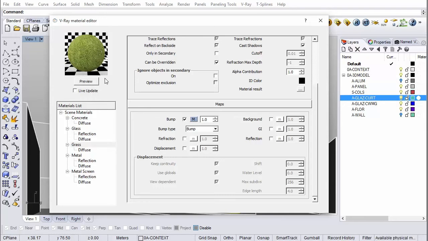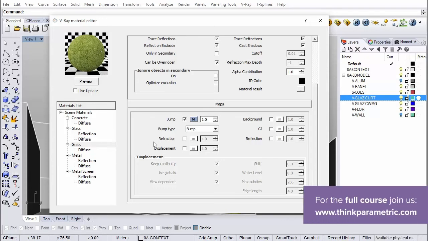Now, when it comes to a material like grass, which actually has a very complex texture to it, we have the option of creating either a bump, which works well for very fine detail, but detail that's very shallow, or we can create a displacement, which actually affects the geometry of the surface and makes texture detail much more vivid.